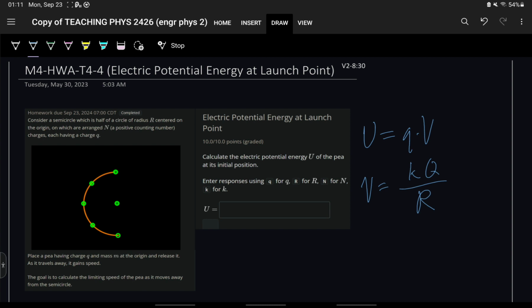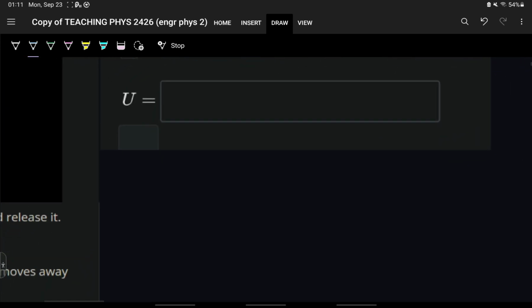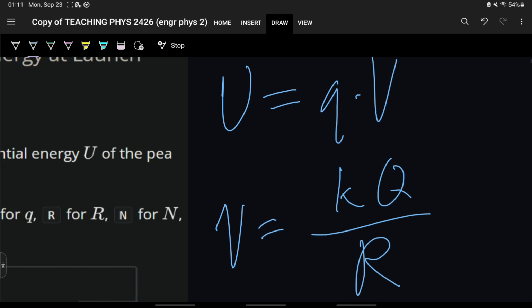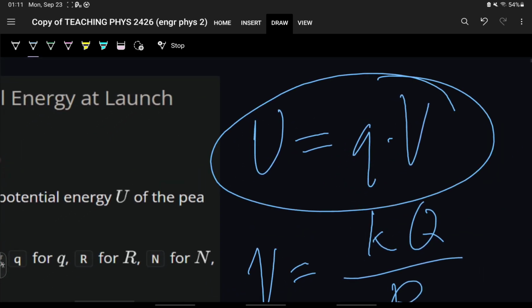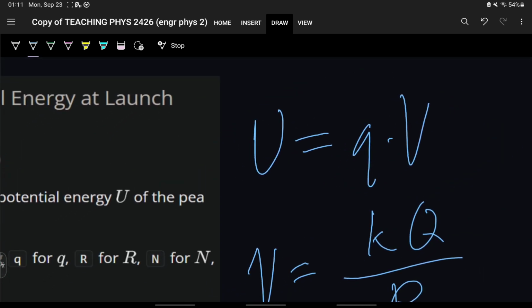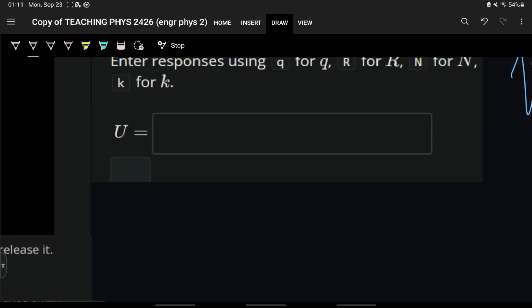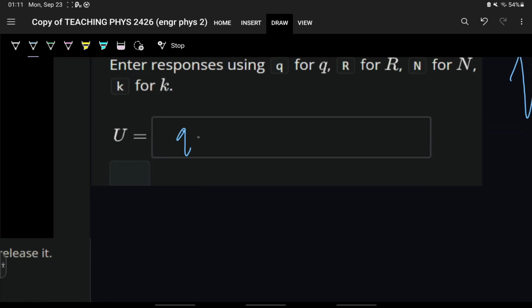So now to find the electric potential energy of the P at the origin, we simply multiply the charge of the P, lowercase q, by the electric potential capital V at the origin. And then we have to substitute V into that expression. So that's going to give us U is equal to lowercase q multiplied by lowercase k times uppercase Q,